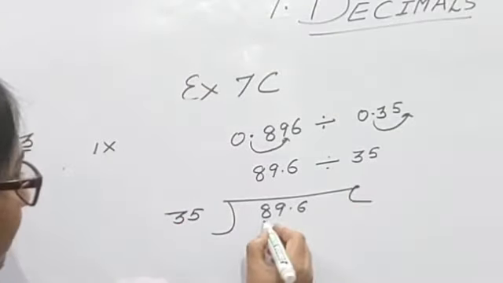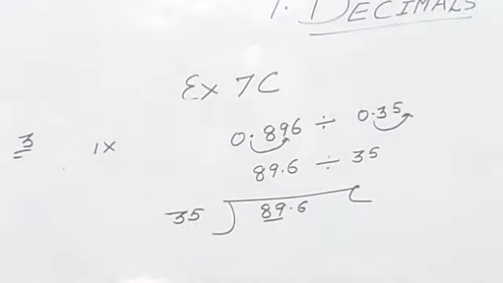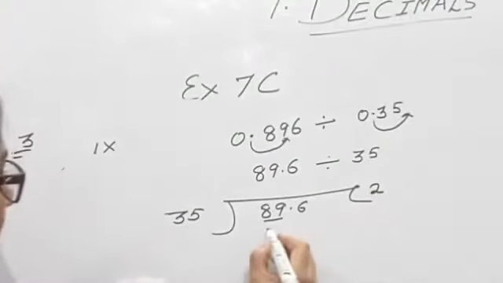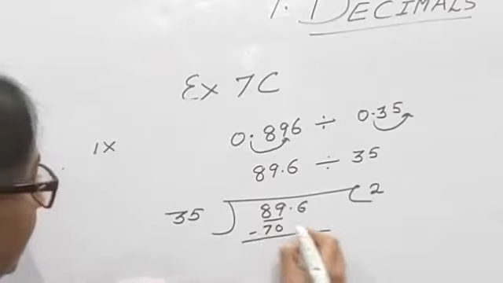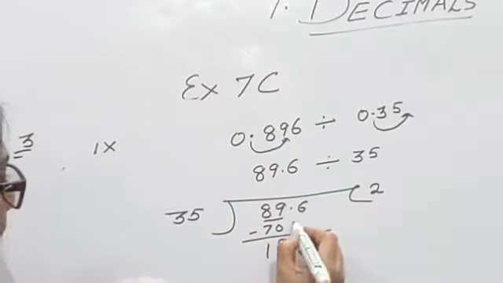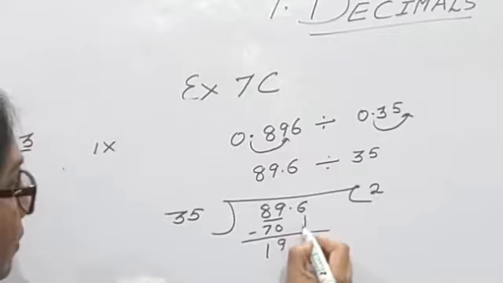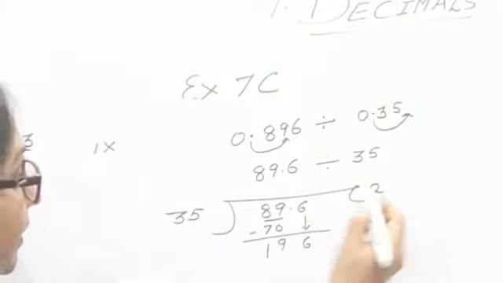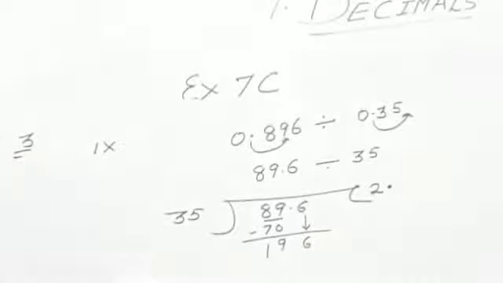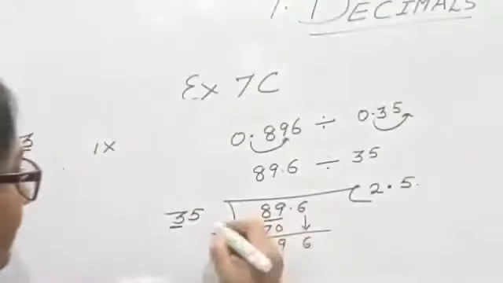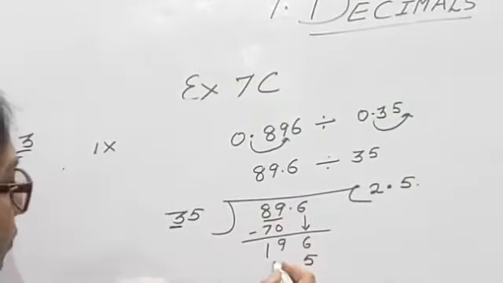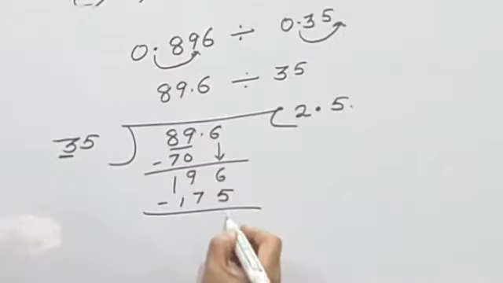So let's consider the first two numbers. 35 2s are just 70. So it will go 2 times. Subtract, 19. And as soon as you bring the digit of the first decimal place, the tenths place, down, at the same time the decimal is brought to the quotient. Now let's move to the next number by which it is possible to divide. 3 5s are 15. And 15 plus carry is very close to 196. So it will go how many times? 5 times. 5 5s are 25. 5 3s are 15 plus 2, 17. So subtract. 6 minus 5, 1.